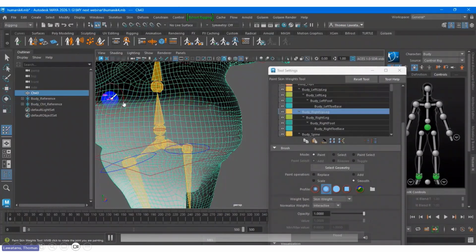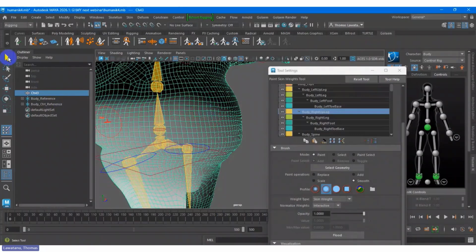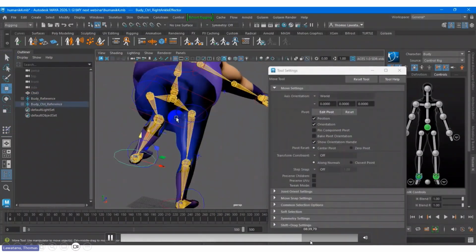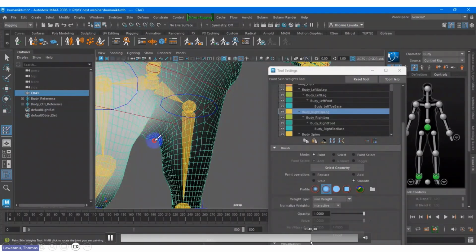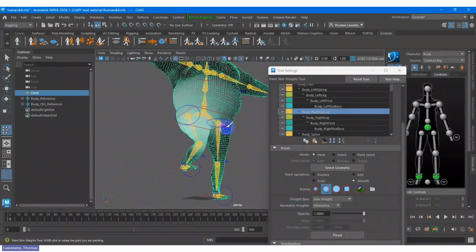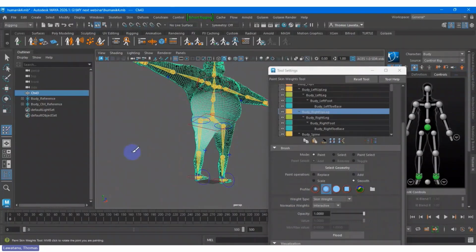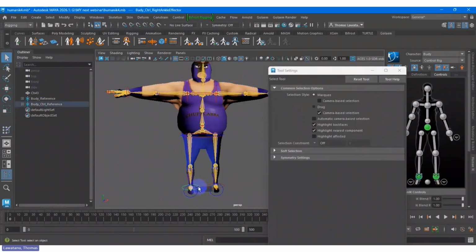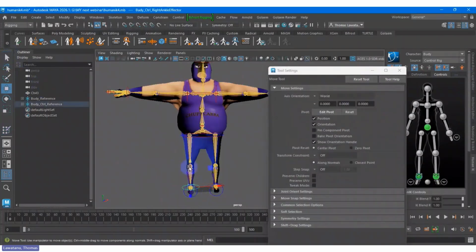That's why once you get this paint weight, you fix the surface flipping. So this is only to cross check and try to fix the flipped surface area from your character. This is talking about the paint weight.